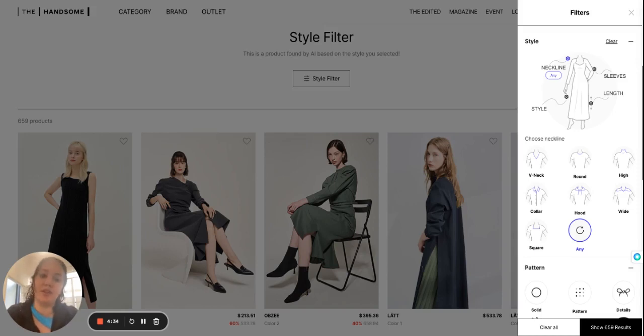I'm going to be going over one of our e-commerce essentials for 2023, and that is using smart filters. So you can see that we're on the Handsome's website. That's one of our clients at Yes Please AI. They're a big retailer in Korea, and we're going to use the Yes Please Virtual Mannequin Filter to find a